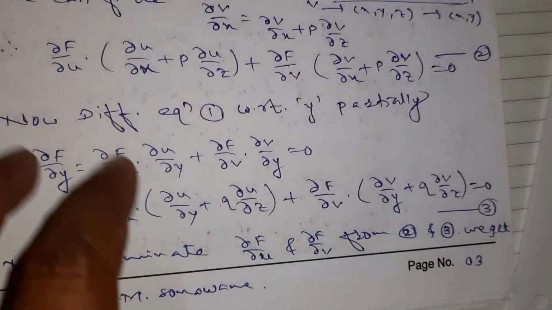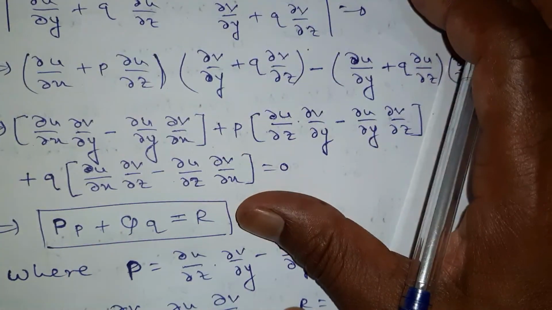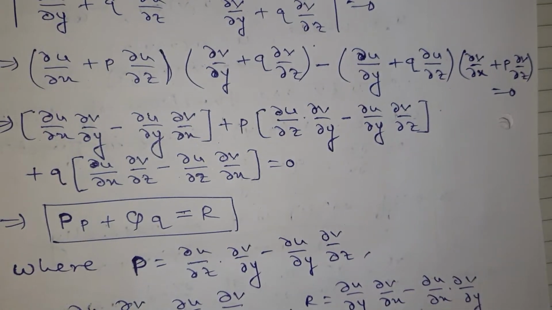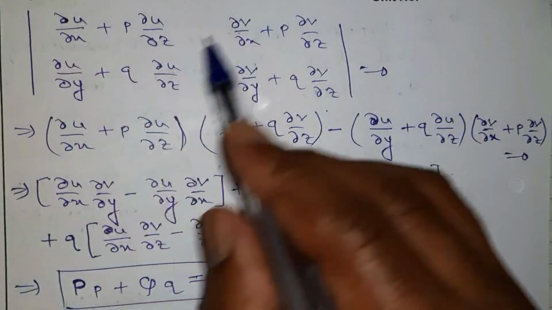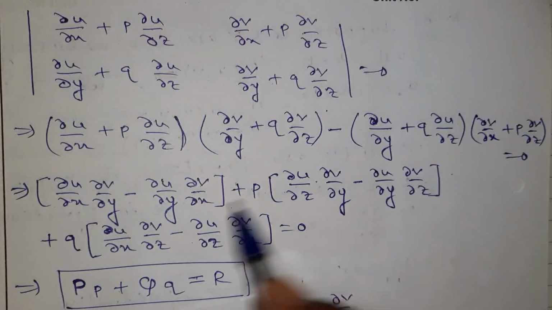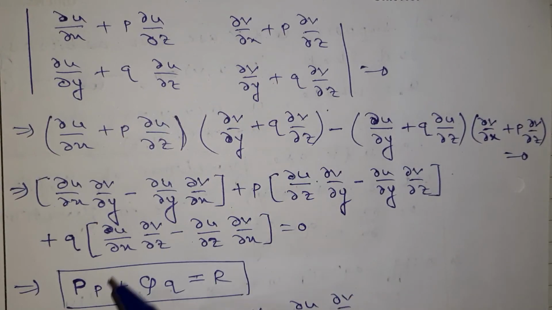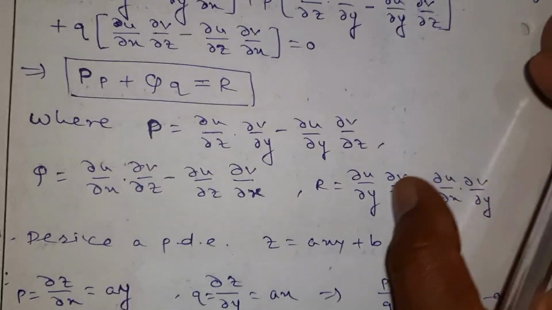Right? So in this way, we form a differential equation when this function is given. So here I have done the calculation. I advise you to do your own calculation and finalize the answer. So we get here Lagrange's linear differential equation. If I solve this determinant completely, I get product of these two terms minus product of these two terms. Correct? Just do the calculation, equate the coefficient of p and the coefficient of q and the remaining part, and use the notation capital P, capital Q and capital R as shown here.